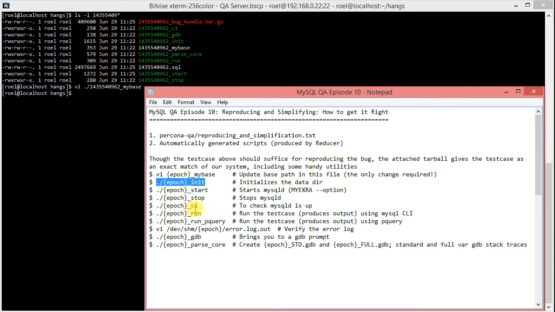You can kill off whatever is there in terms of mysqld processes running in memory that are related to this test case, obviously, etc. So all of these scripts are there, they're produced by Reducer. You can jump ahead and have a look at a little bit more detail about these later on in this episode. It's probably about 70 to 75% towards the end,